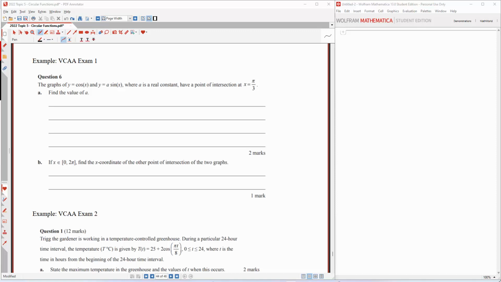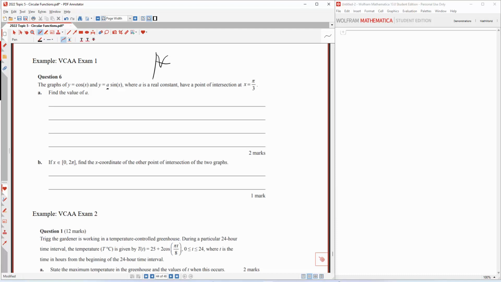For the maximizing and minimizing with trig functions problems and families of functions, what we'll do is just work through a couple of VCAA questions that really cover off a lot of the things that you'll need to know. So let's do an exam 1 problem first of all. The graphs of y equals cosine x, so this graph here, and the graph of a sine x,